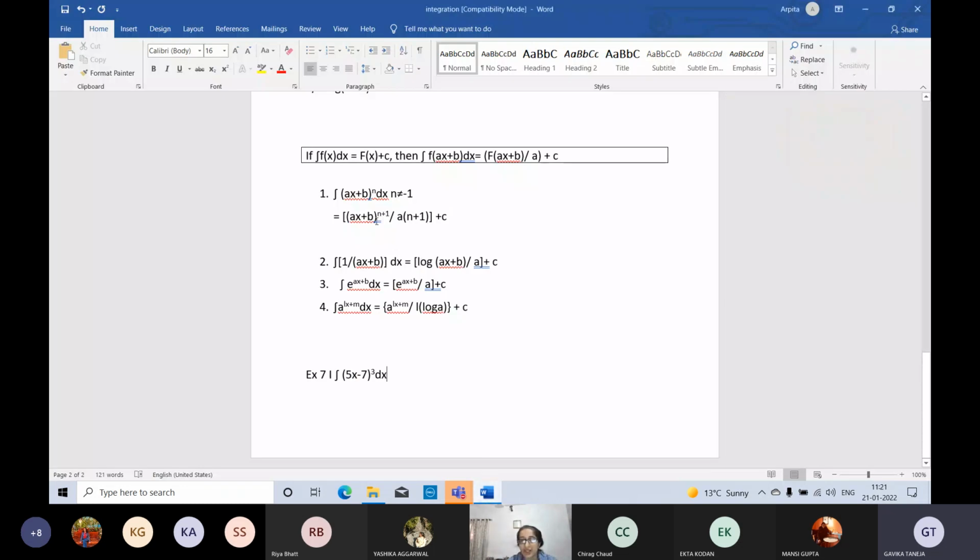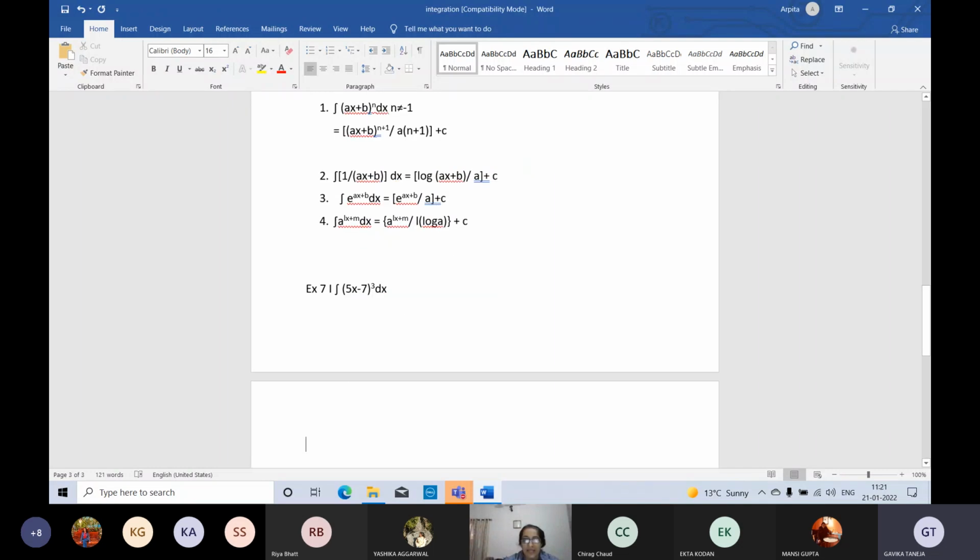So Yashika is saying this is the first formula, that is ax plus b raised to the power n. Is she right? Yes or no? Anyone? Yes, ma'am. Right. So what we are going to do is, let me just do it. Come to the next. So I'm saying that